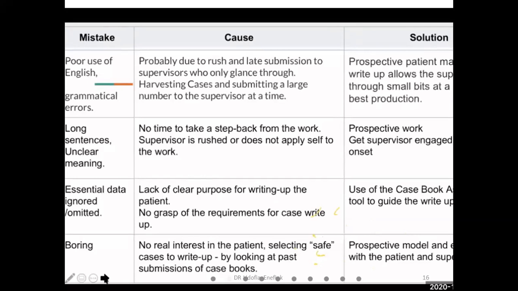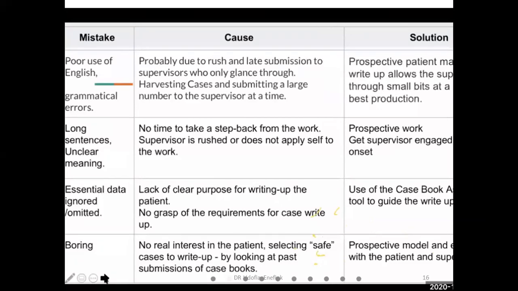So you use a casebook tool, which I will also show you, because the marking of this casebook is objectively done. It's not determined by the examiner just looking at it and using his own thought. He has some marking scheme. And it's good that all of us should know the marking scheme and be sure that all the essentials are